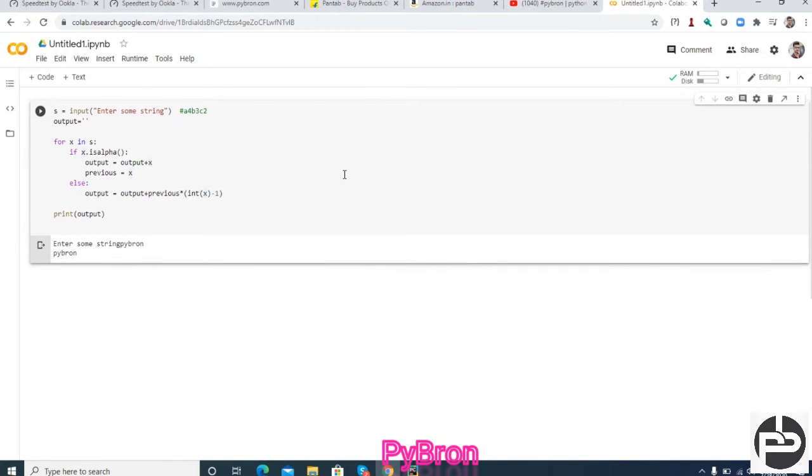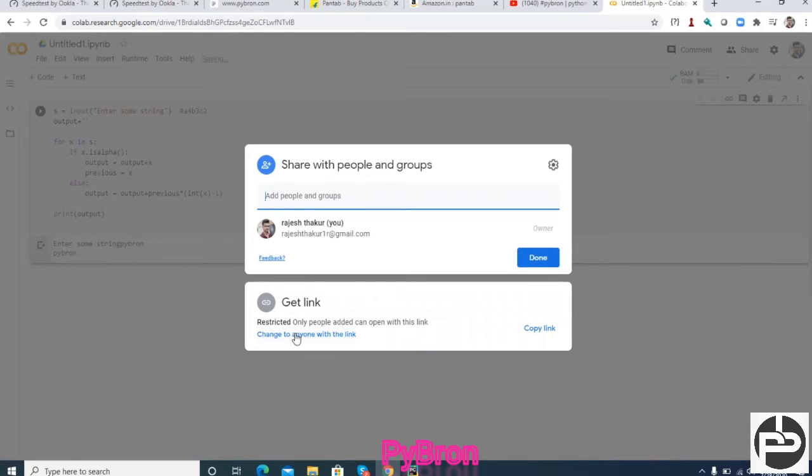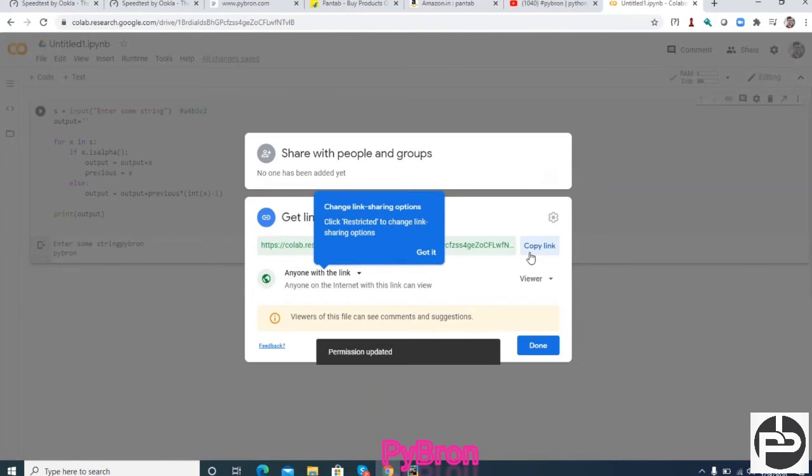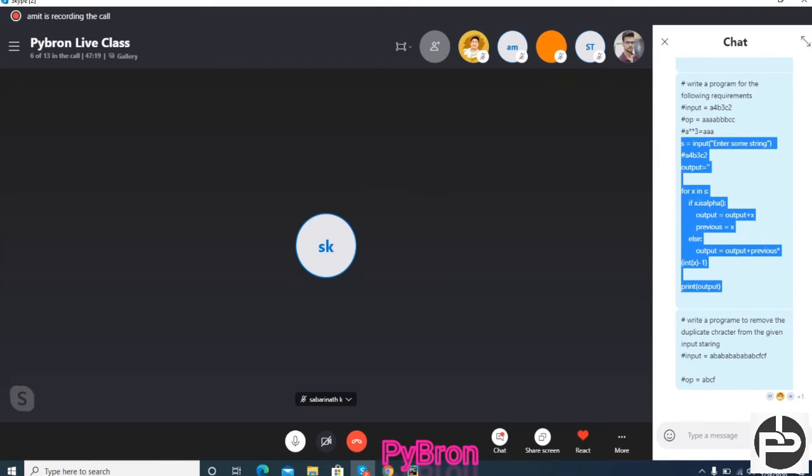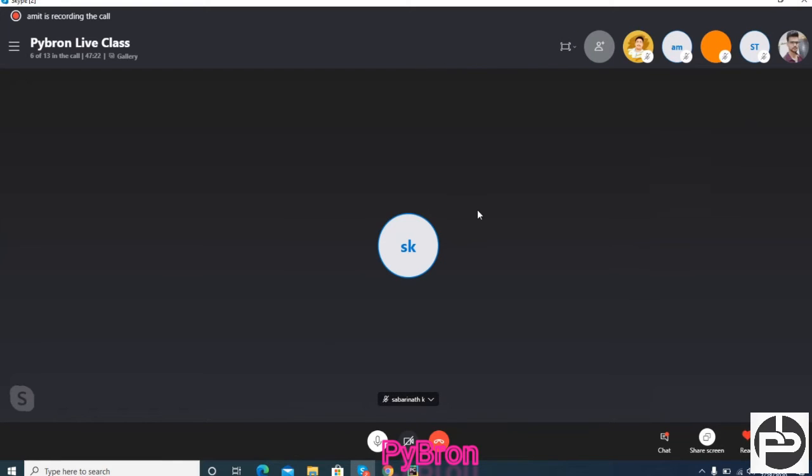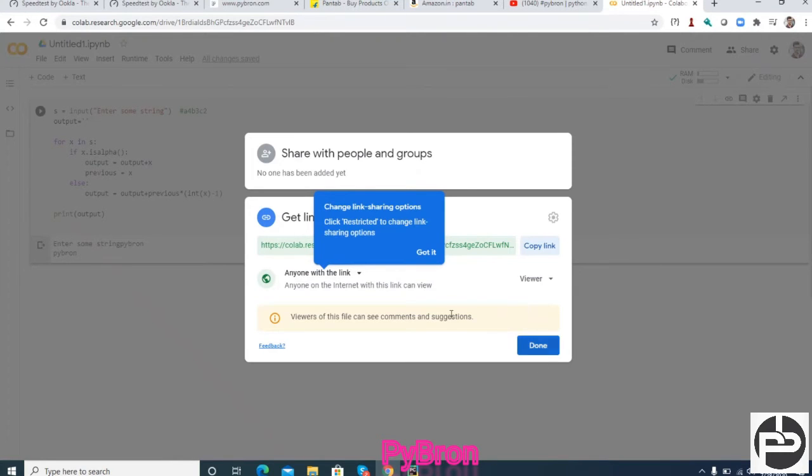Once it is done, have you ever uploaded photos and music to the drive? Same thing. Here is the option of Share. Once sharing is done, you can change to a public link and copy that link, and you have to pass it to me in a private chat, not in public, because anyone can use your code. Otherwise, instead of giving public access, go to settings and you can add my mail ID.